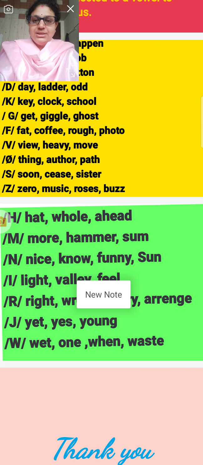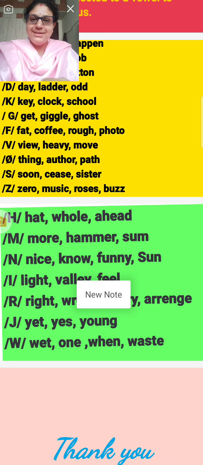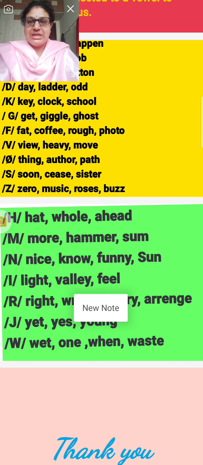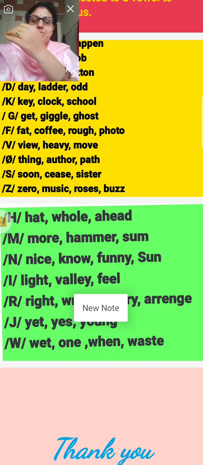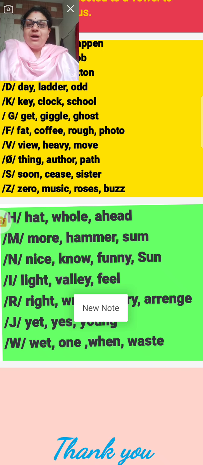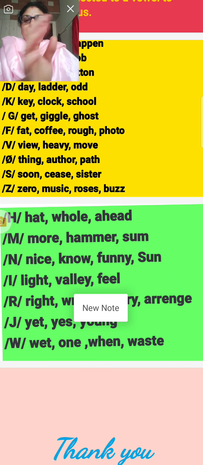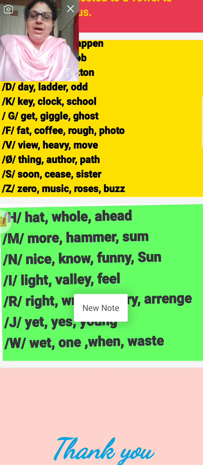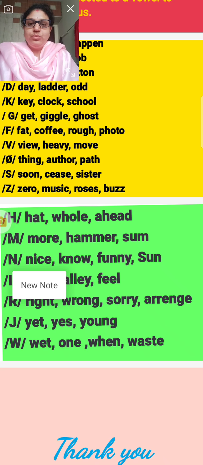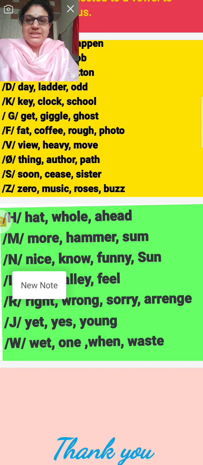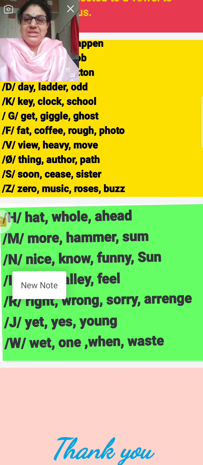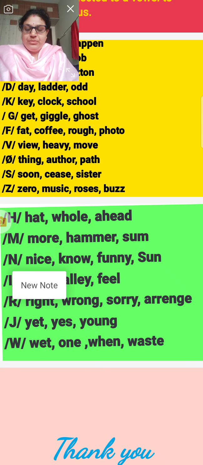And the next example, S. The next letter is S. S is very easy for all: soon, sees, sister. Sasa, sisi, susu. You have to say it as sa, not S. Soon, sees, sister. You are getting the C in sister, and you are getting the C's in sees, and you are getting sa, su in soon.